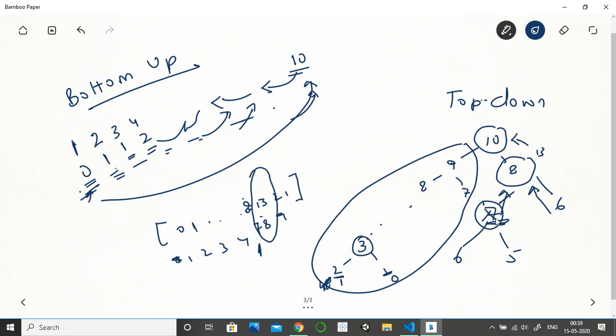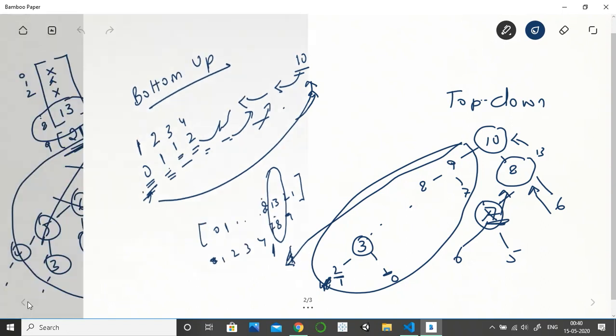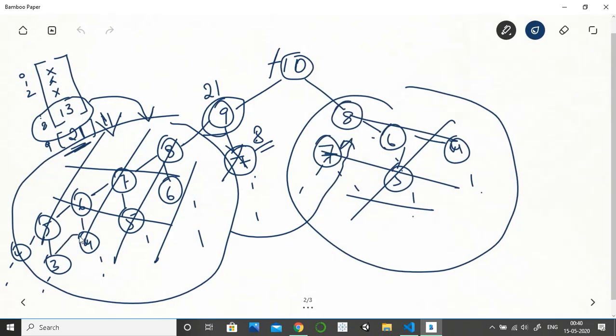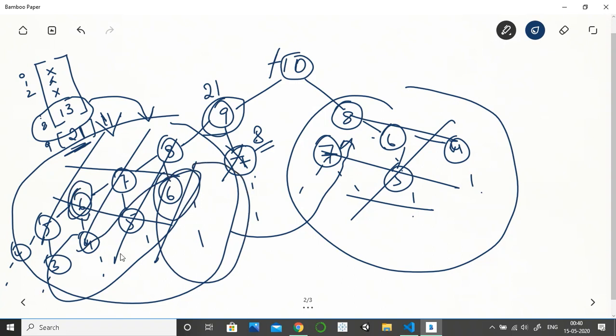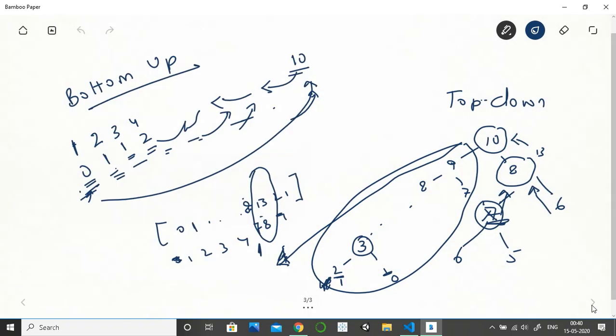So for the first time it will traverse the entire tree, but it will save us from doing all these repetitive calculations. As you can see here, even though we calculated 6 here, we have another entire sixth branch here to recalculate, so it will stop doing the calculation from that. So both these approaches save a lot of time.